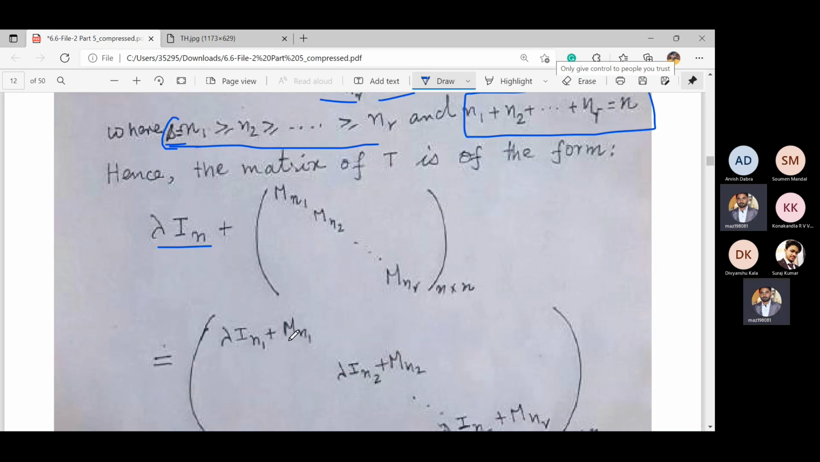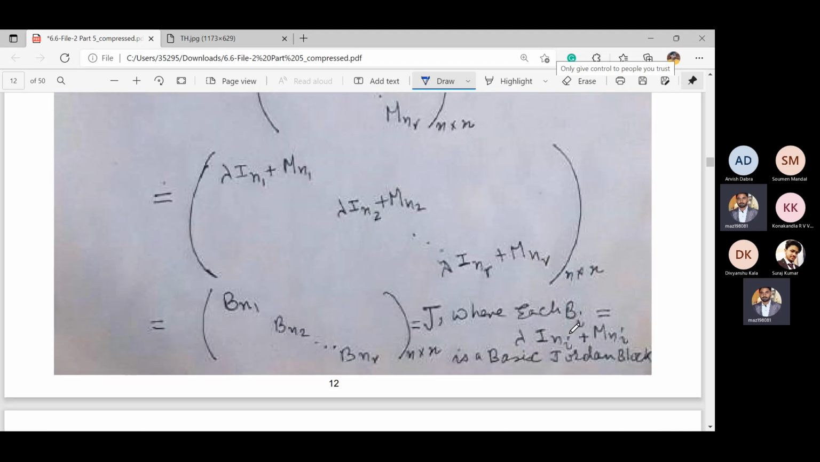So this implies lambda I plus M N. This means on this diagonal element we get lambda, and you can visualize that just above the lambda we get 1. If you remember what we have discussed about